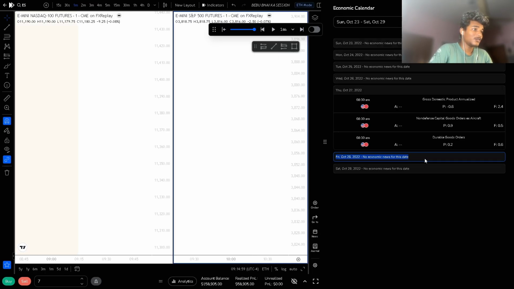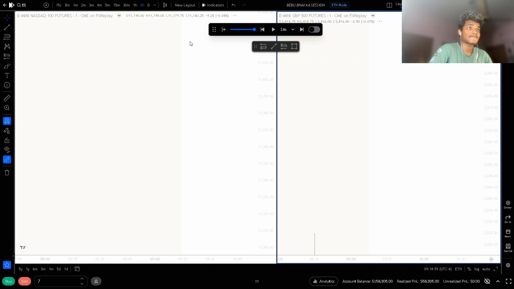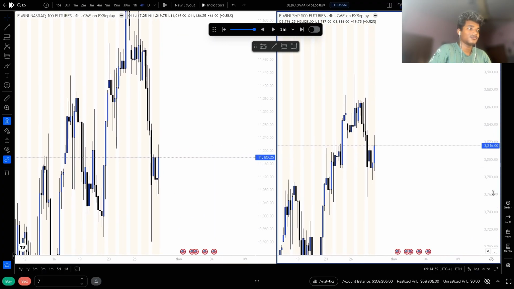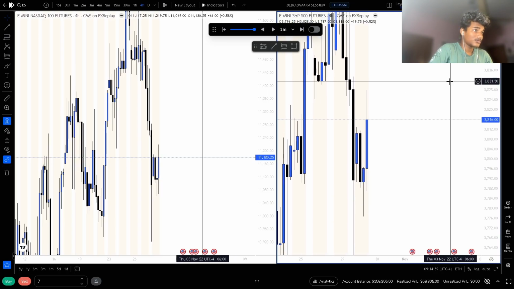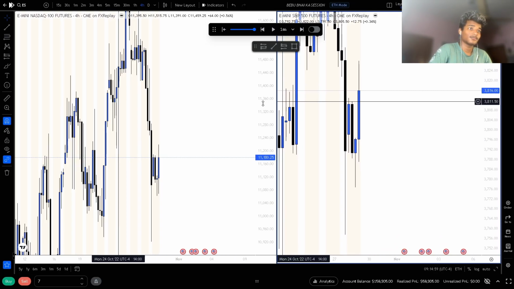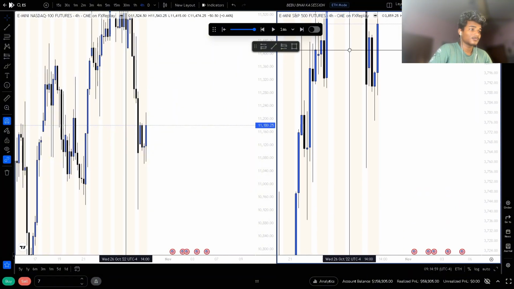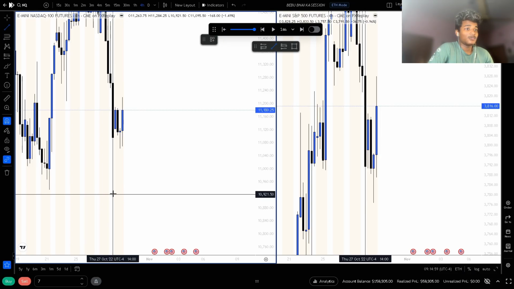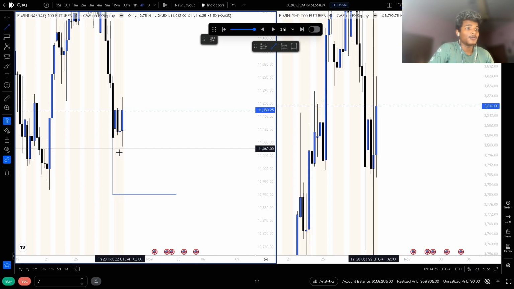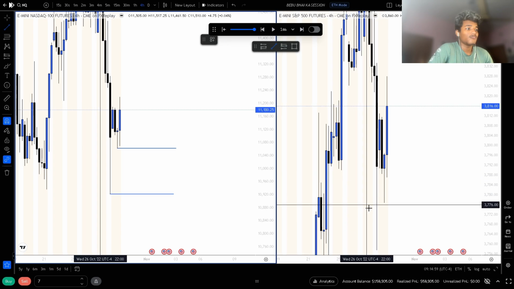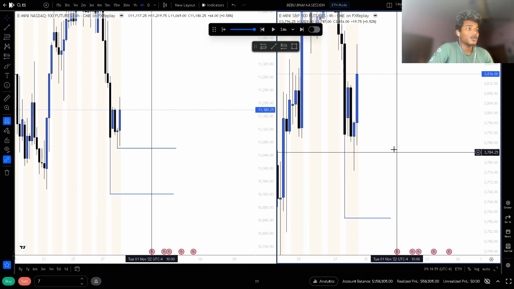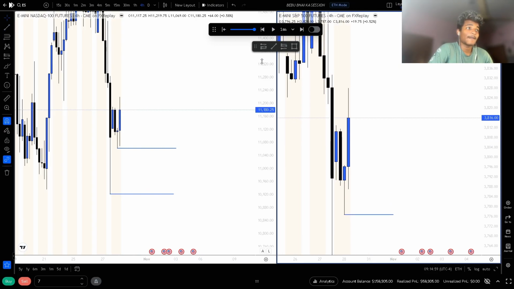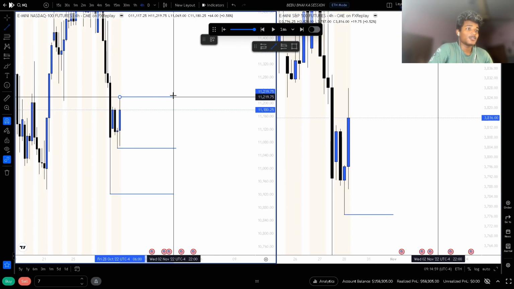We are here on new day and we have Friday today. 4 hour looks clean, but market is actually trying to move up higher, but I don't feel like it will move up higher because we have this unmitigated gap on the 4 hour that we have mitigated, and if we respect it, we are just gonna move down.